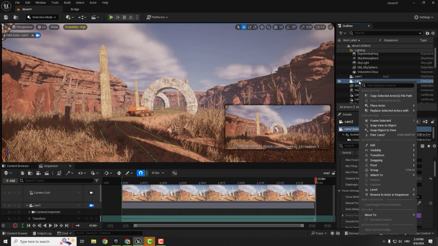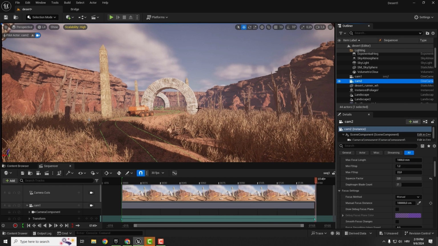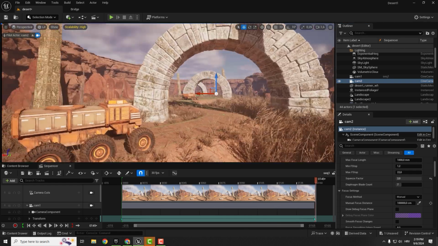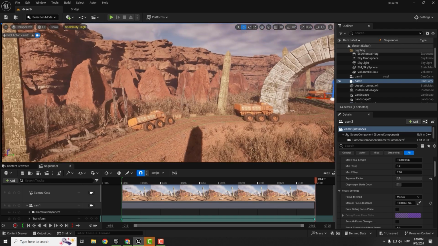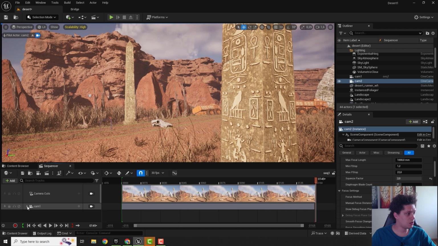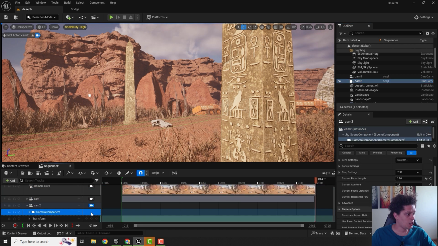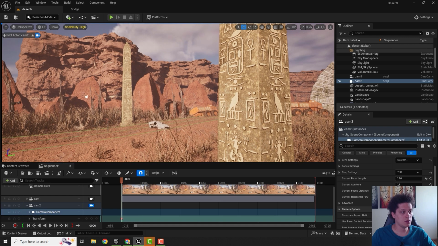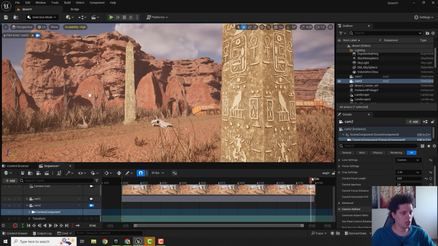This second camera will preserve all the properties from the first camera. So we go over here, go to pilot cam number 2, and we want a different shot. For example, we want a shot from here to the arch, and to do that we need to add our camera. You can easily minimize this so you have more room, and just drag and drop your camera here, and we have a second camera. We want to, as usual, transform things, so go over here and add a keyframe. Okay, now move this to the end